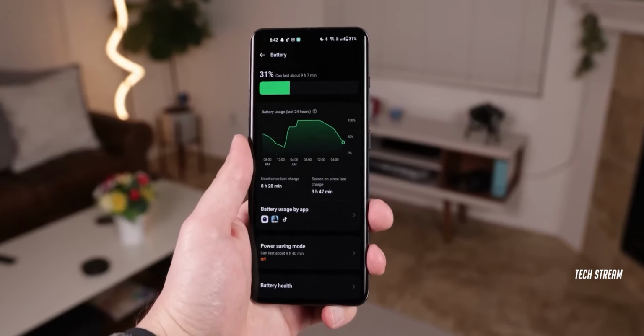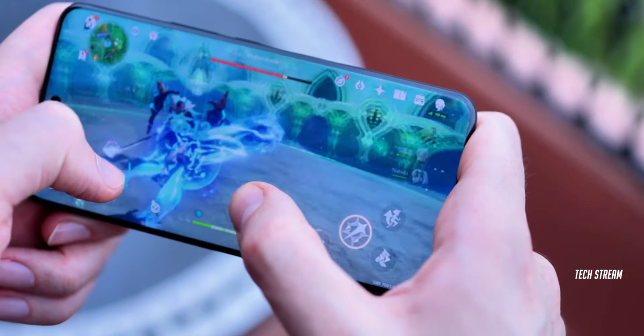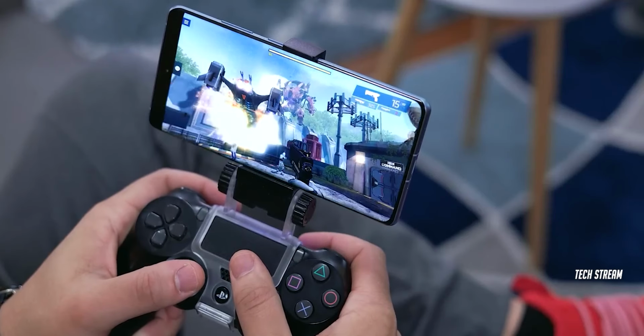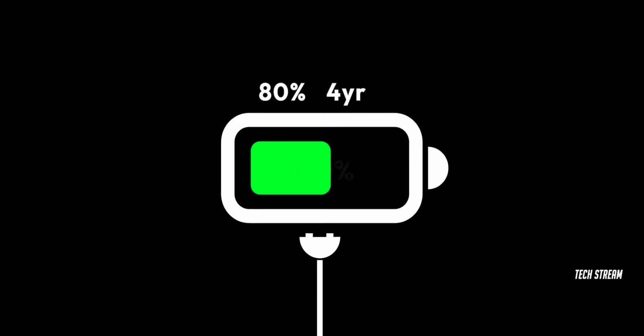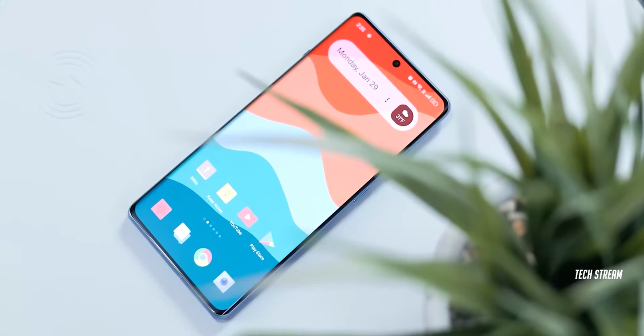You may be thinking it's just a small 100 mAh upgrade from the 13, but let me give you the inside scoop. OnePlus has officially introduced their new Glacier Battery technology, which is designed to help the battery last longer. The battery solution will be more efficient, durable, and extremely energy dense compared to other existing solutions. The new cell will be able to provide at least 80% of its original capacity after 4 years of regular use, way above the industry average of 800 charging cycles. In simple words, OnePlus promises 4 years of battery health on all its future smartphones, which I assume includes the